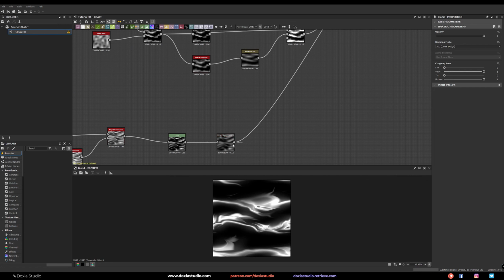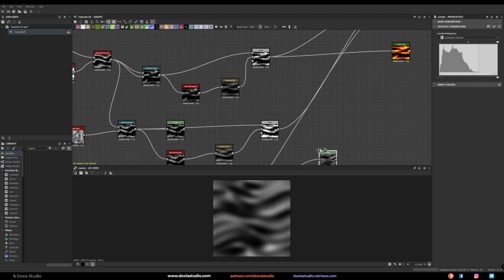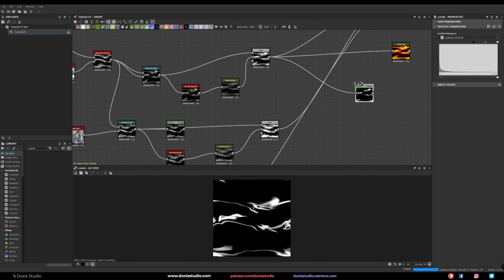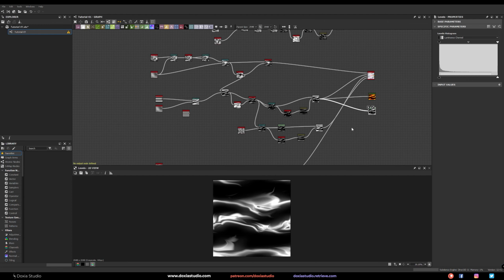That's because when you want to dissolve a texture, what you do in Unity is just play with levels, and you can get a really nice dissolve effect using this. For example, you can test it in Substance Designer by using levels and just dissolving like this to see how it will look. Okay, that's pretty cool. So that's the main thing.